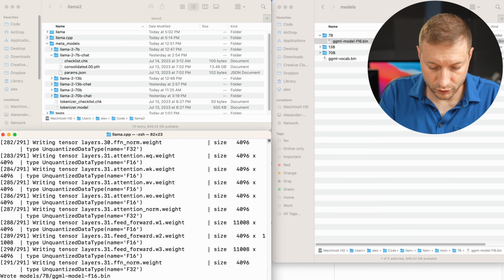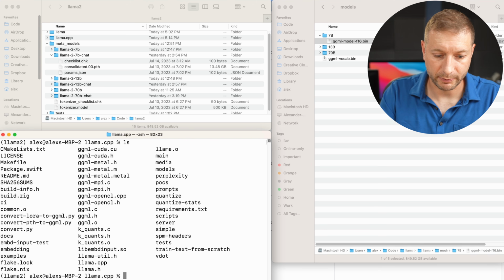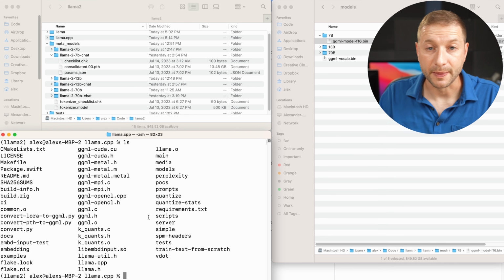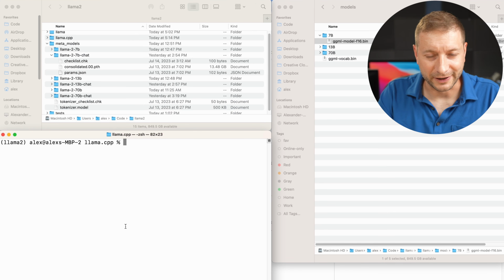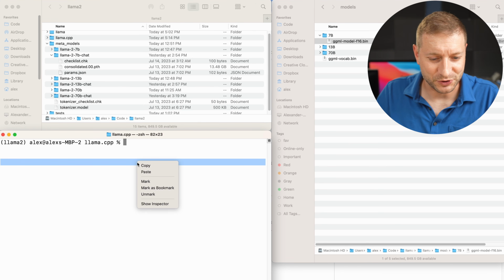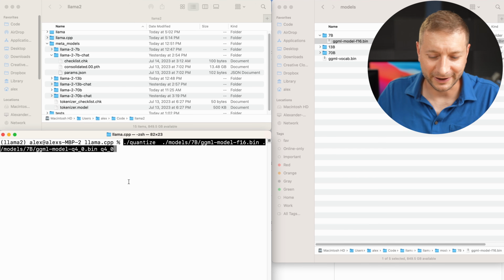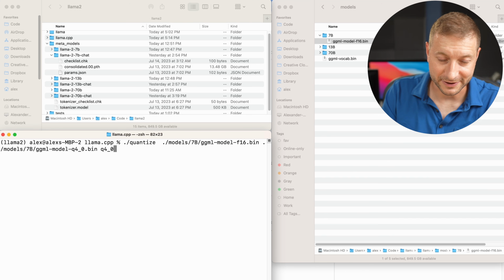That's huge. So there's another step, and that's to quantize these models into smaller file size. And we're gonna use the quantize command. Remember when we did make, we built main and we built quantize. Now we're gonna use quantize to quantize this model that we've converted. Sorry, I didn't come up with this stuff, okay? I'm just a messenger, don't kill me. I'm gonna paste this command in here. Again, commands are down there.